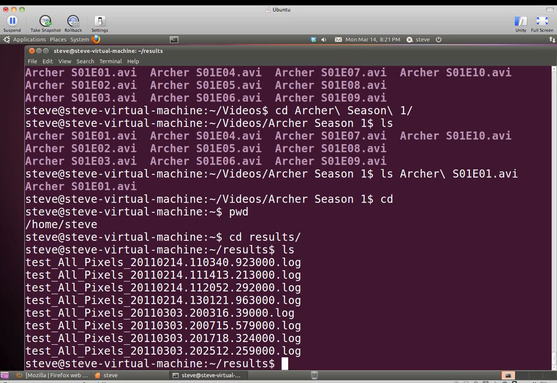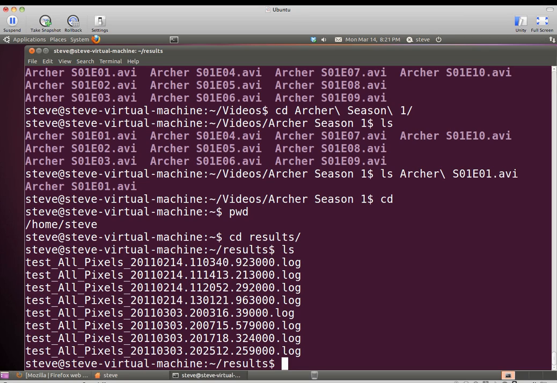These are actual files from a project I'm working on where we have a testing application, and the tests are testing things called pixels in a web application. Every time I run my automated test, it generates a log file where all my informational messages about the test go. So these files are actually created by another program. They're not created by a user.